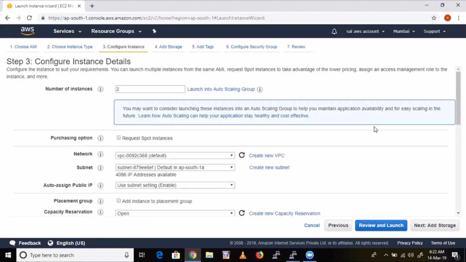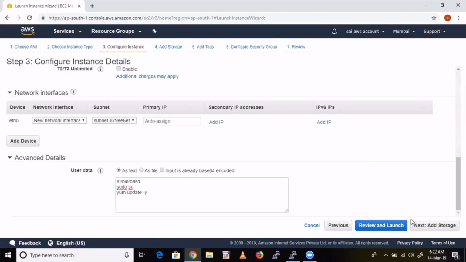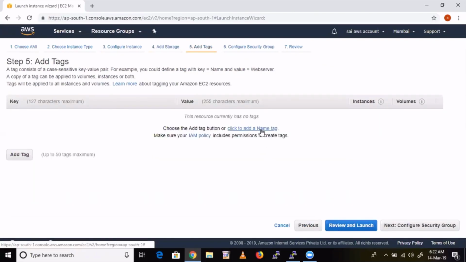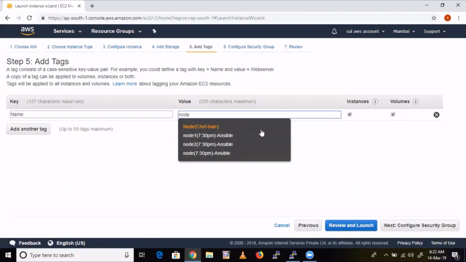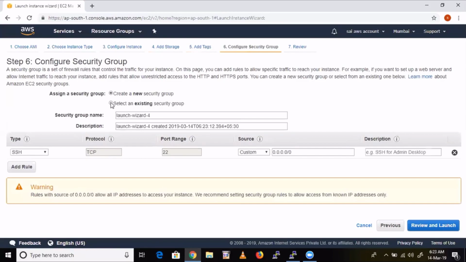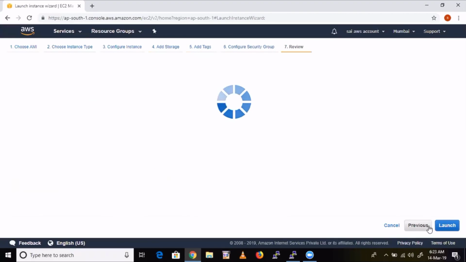By using the cloud, you can launch any number of servers. Here also we have automation, right? Add storage, add tags, and attach the same existing security group. Review and launch.